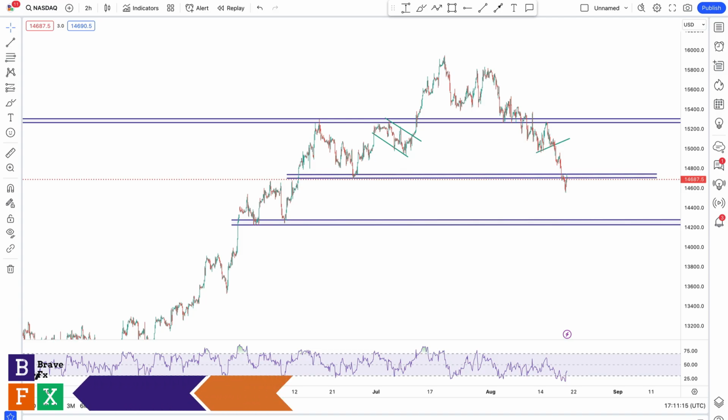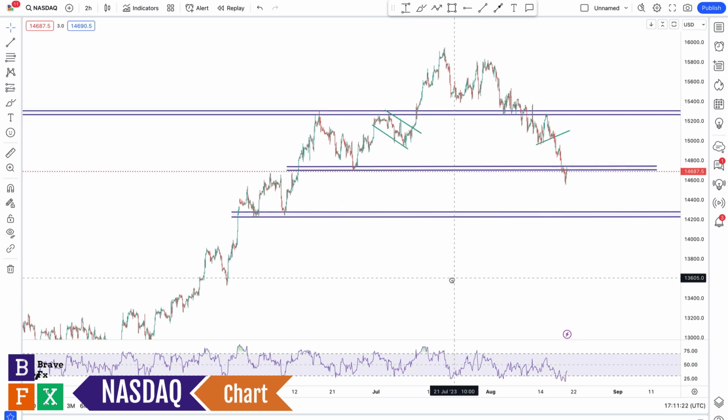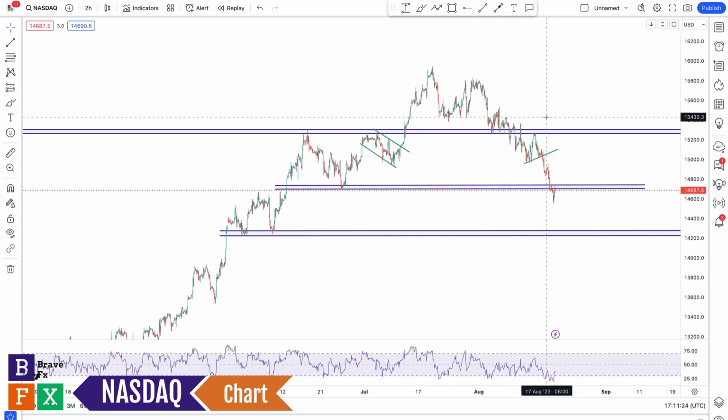I know so many traders love to trade this pair, including myself. So we've been killing these indices for over 2 weeks now, and I've been following up on our Discord. Once again, if you are not on our Discord, please use the link in the description below to join our